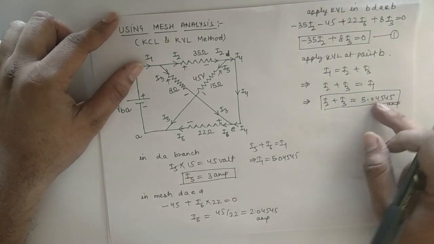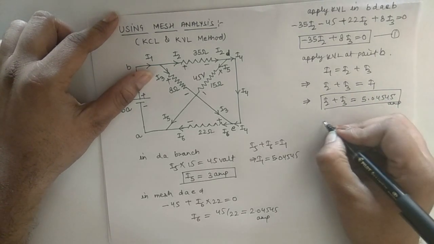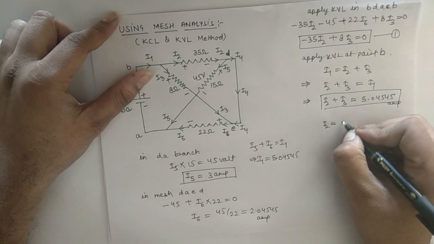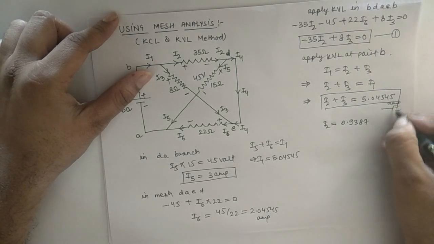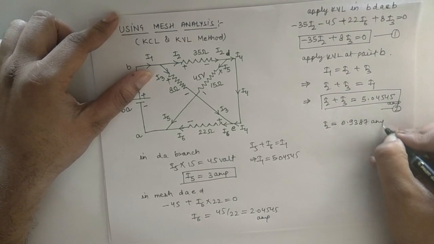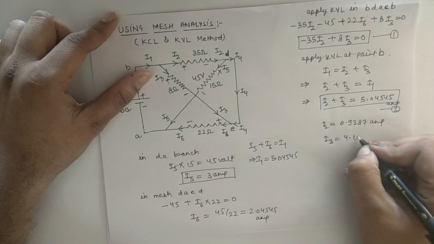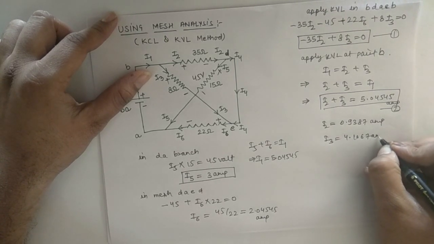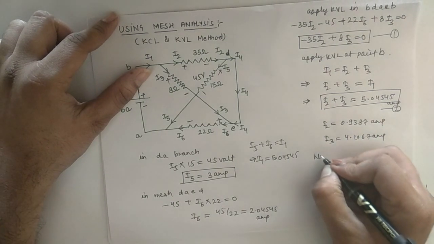After solving these two equations using either Cramer's rule or calculator, we get I2 is equal to 0.9387 ampere and I3 is equal to 4.1067 ampere. So when we get I2, I3, now apply KVL